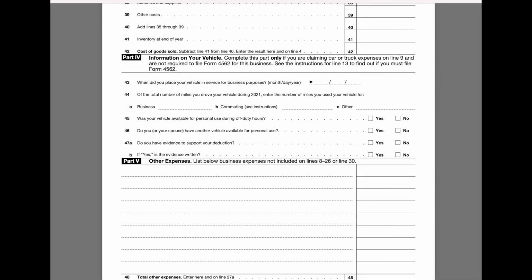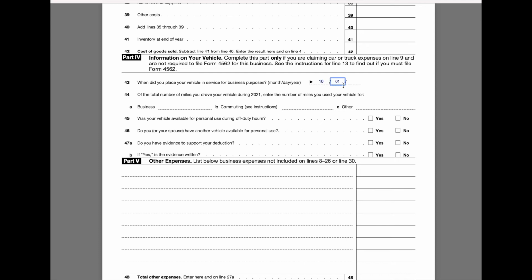Information on your vehicle. You would complete this part only if you're claiming car or truck expenses on line 9 and are not required to file Form 4562 for business. In this example, we are required to fill out Form 4562 because we have depreciation on listed property. So when did we place our vehicle in service? We will say it was October